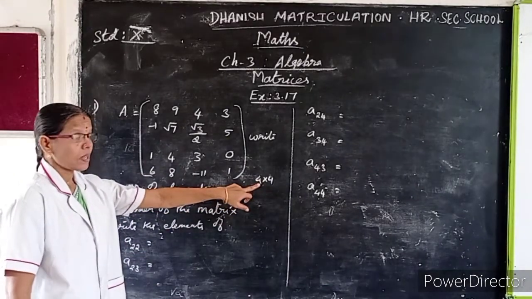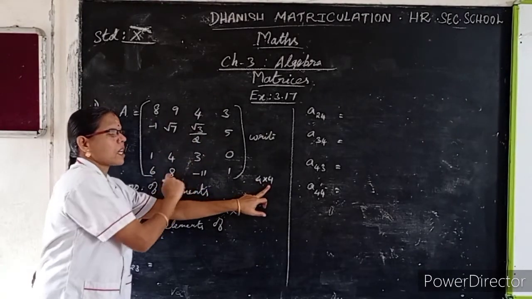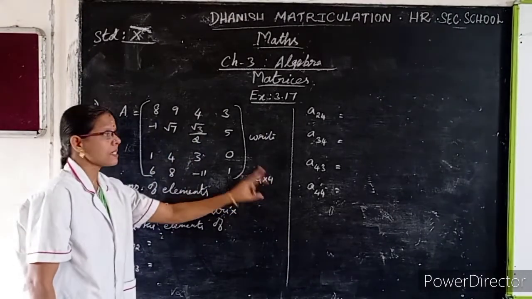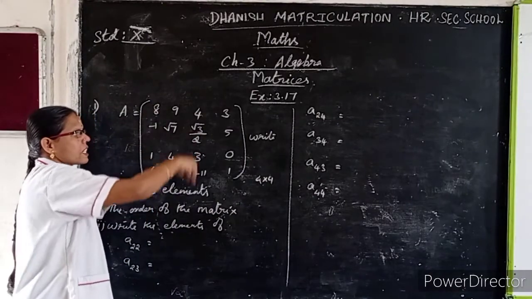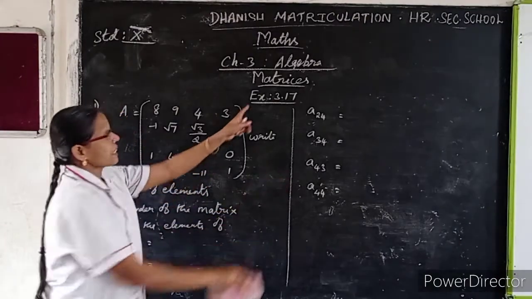The first number is the number of rows. These horizontal lines are rows. The next number is the number of columns. Vertical arrangements are columns. So in the exercise